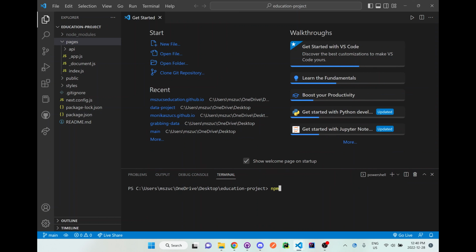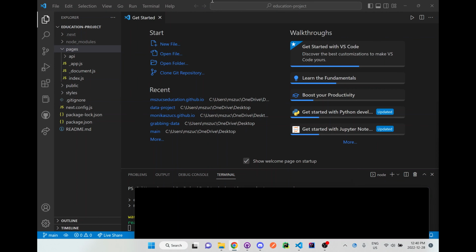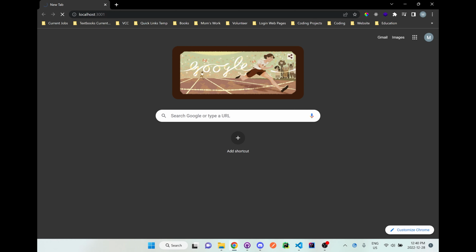So I'll do npm run dev, enter. And you can see here, I already have another project running on port 3000, so it made it on localhost 3001. So if I grab this URL right here, and I go to our browser and open it up right here,